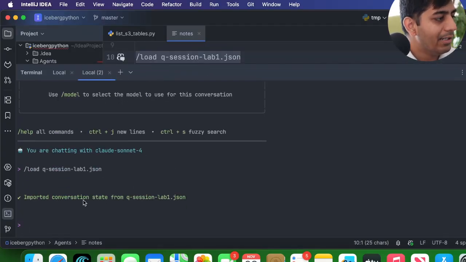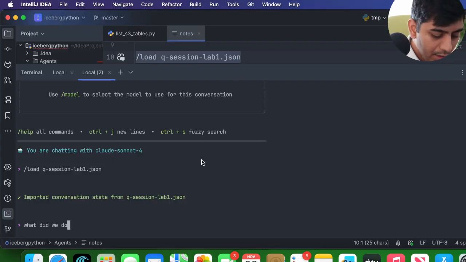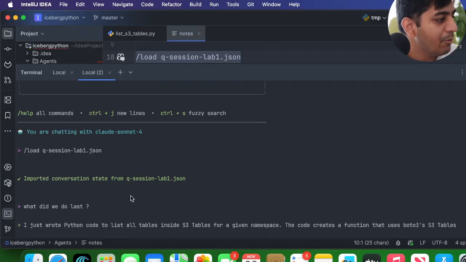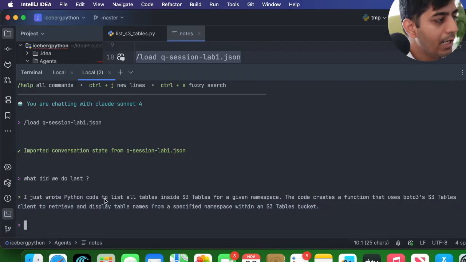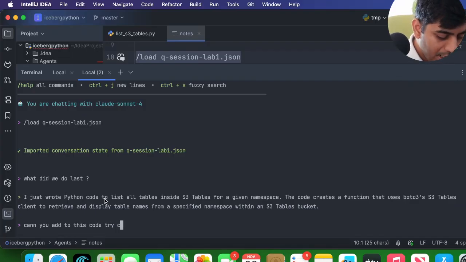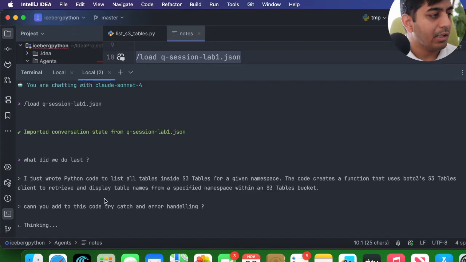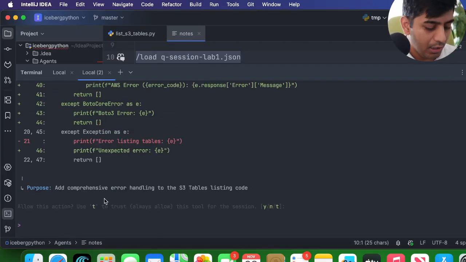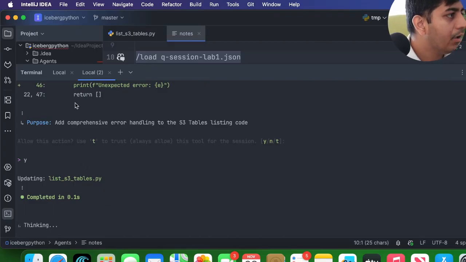Okay, I did that. So it imported the conversation, and it knows where we left off. Now I can say, what did we do last? Now it knows that I wrote code for Amazon S3 tables to list all the tables for a given namespace. Here you can see I wrote a Python code to do that. Now let's add something more here. Can you add to this code a try, catch, and so again, same thing. Once you use your AI, summarize everything into a project summary.md and save the context, and then you can resume it. So now if I do yes,